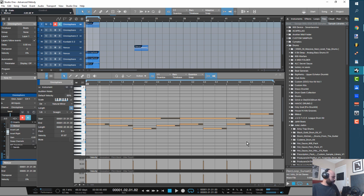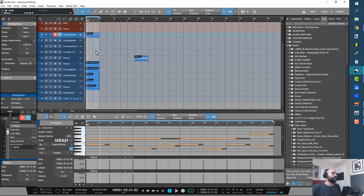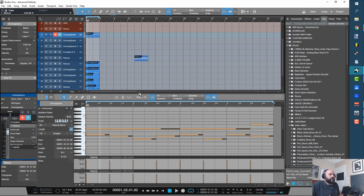See how now we have this nice bed that we kind of created, and typically, if you watch other tutorials, the first thing you might do is just go in and make this one melody, pick out a cool patch of Omnisphere, put an 808 underneath it, then you're done. When you do it this way, you have so much more of a sonic palette to work with,